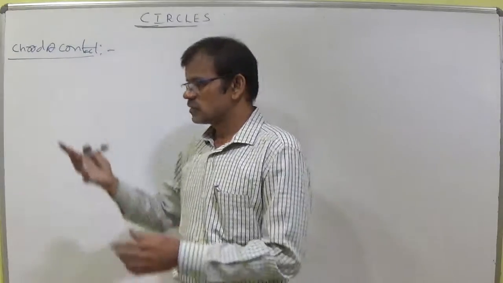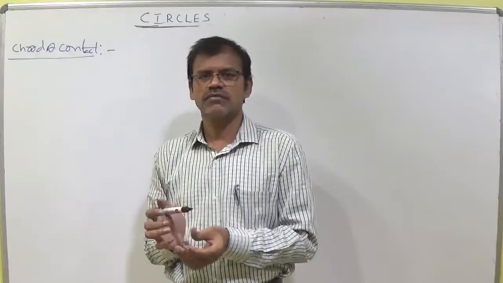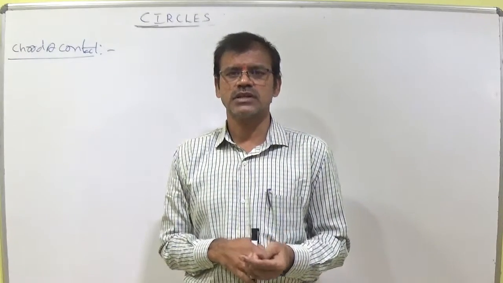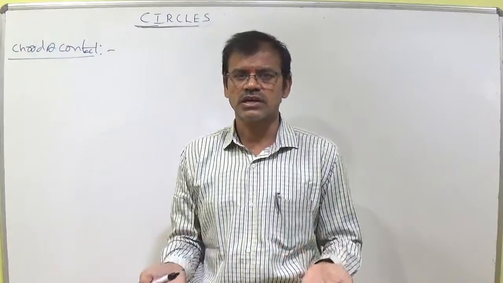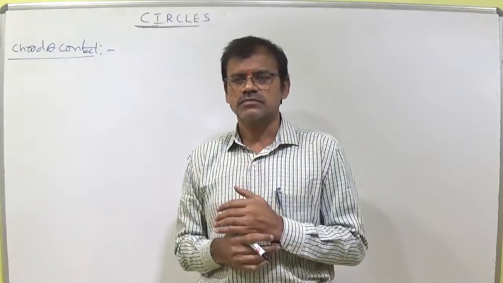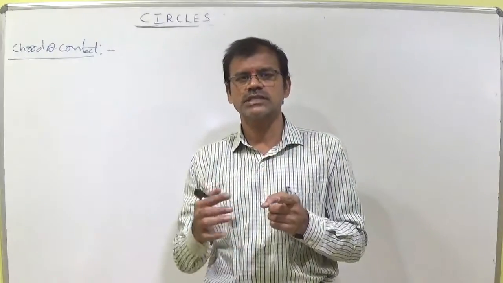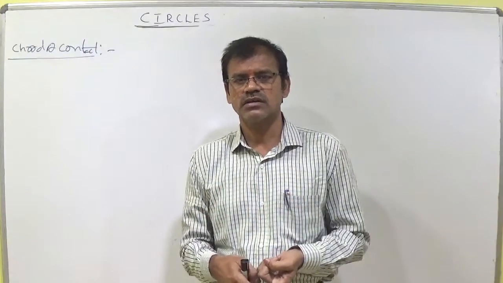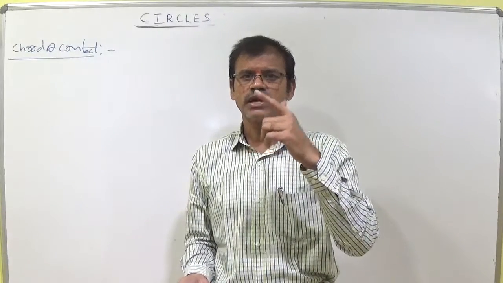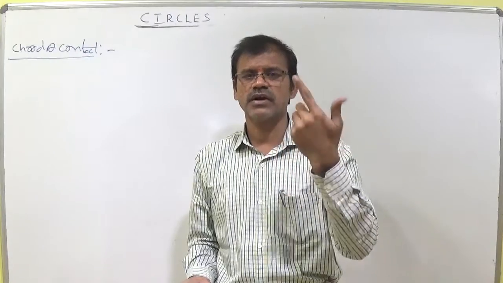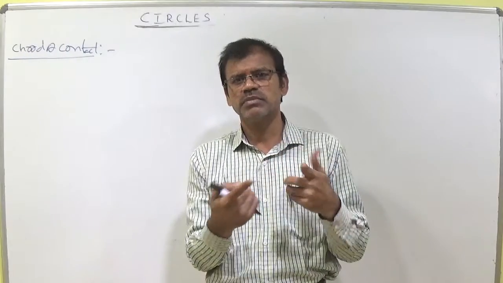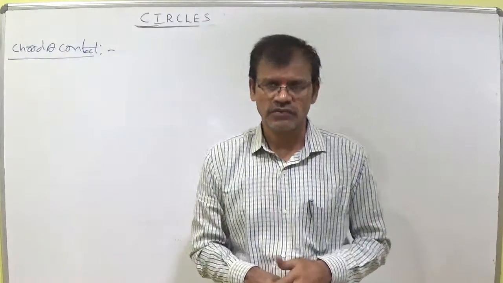Just two terms indicate the definition. What is a chord? The line segment joining any two points on the circle is called a chord. What is contact? That is the point of contact. If a tangent is drawn to a circle, wherever the tangent meets the circle, that point is called the contact. So what is chord of contact? If two tangents are there for a circle, one point of contact forms for one tangent and another point of contact forms for the other tangent. If we join the two points of contact, it becomes a chord. It is nothing but the chord of contact.